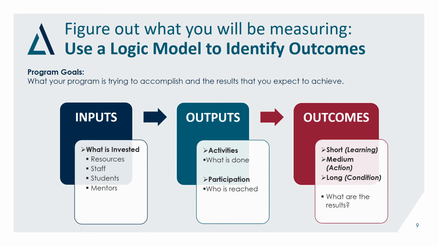The third part of the logic model is the outcomes, or what the program is achieving or accomplishing. It's good to think about outcomes at various stages. Short-term outcomes usually measure changes in learning, knowledge, or skills or attitudes. Medium-term outcomes measure changes in actions, behaviors, practices, policies, or procedures. Long-term outcomes measure changes that are environmental or changes in social or economic conditions. When writing your outcomes, be sure to have reasonable timeframes set to achieve each outcome stage.